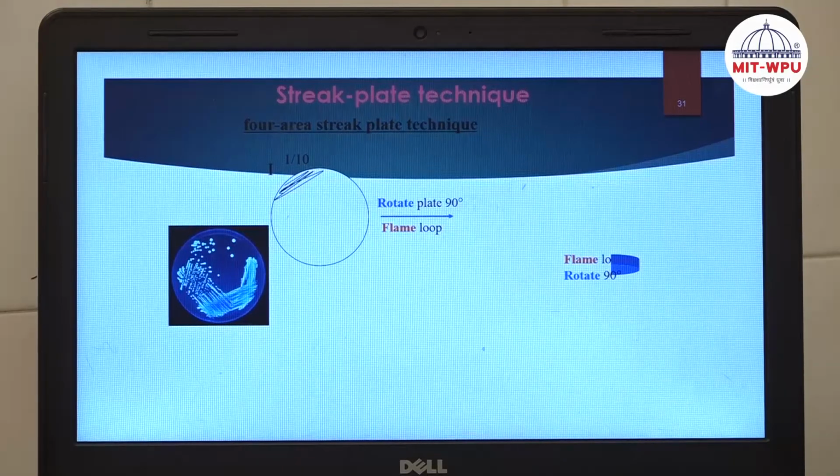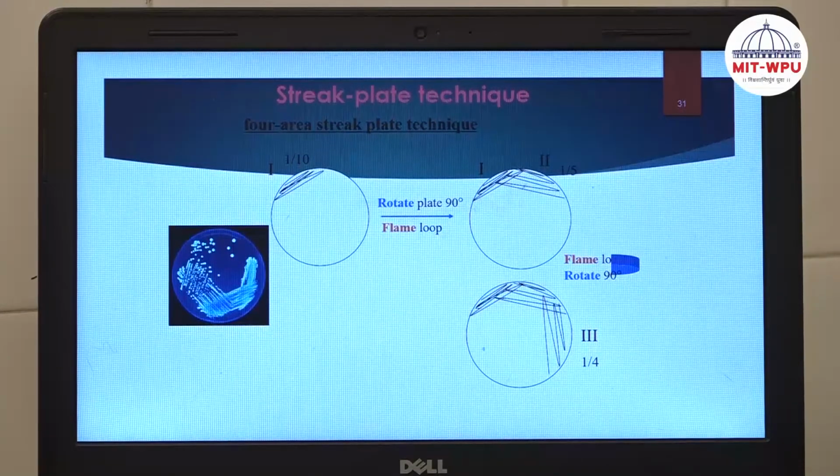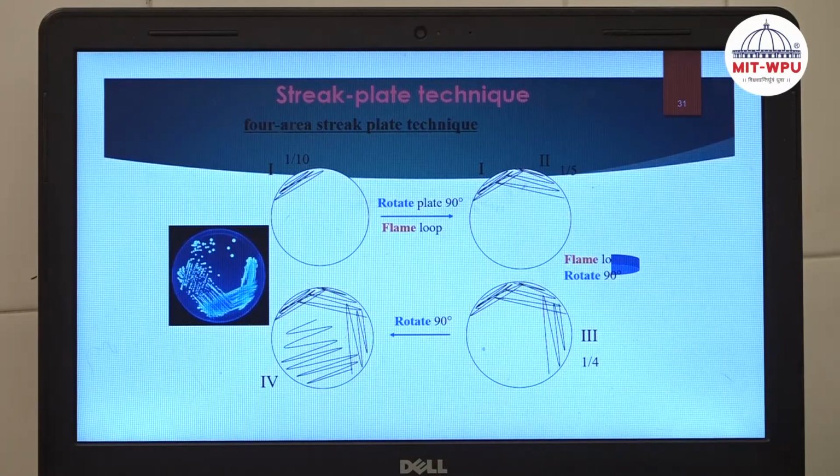Let us understand. You have the plate. First do the streaking in the first quadrant, then rotate the plate 90 degrees and again flame the loop with the help of a Bunsen burner. If you are working in an aseptic area like laminar airflow, then we can directly use it, not an issue. Then again go with the second streaking in this manner. Then the third streaking in continuation with the first one. Always take the culture at once. Once you take the culture, keep on streaking on the same plate. Then again rotate 90 degrees. After rotating the plate, do the streaking in the final zone. So this is the way of streaking.